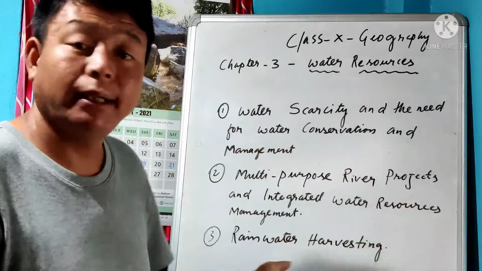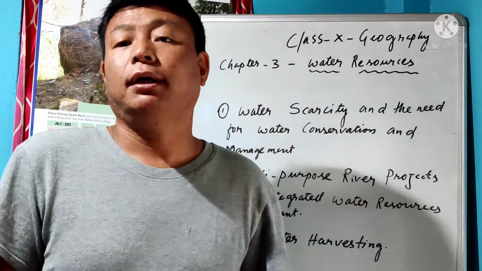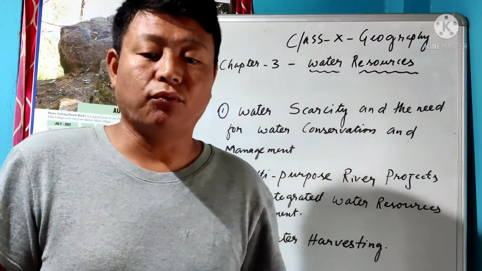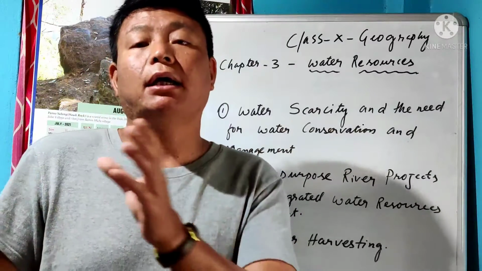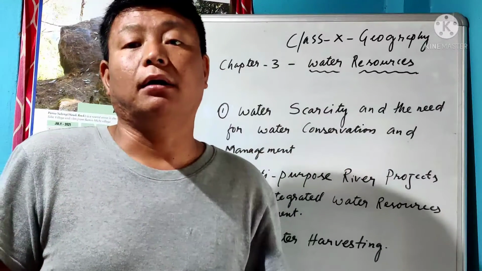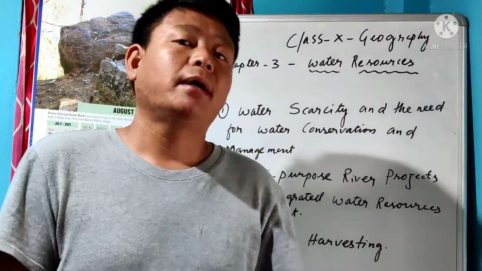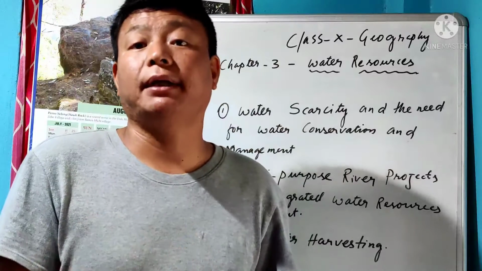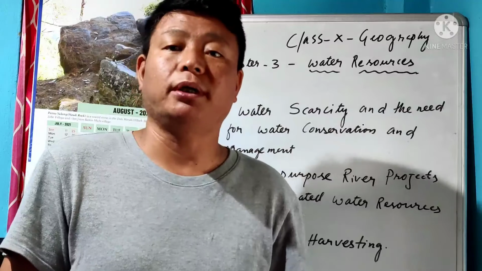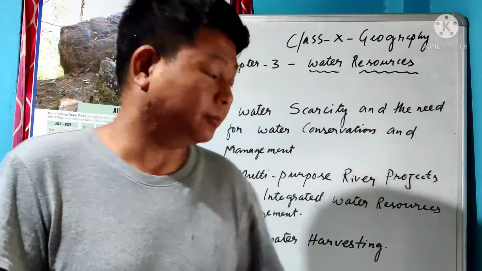And the last topic for today, it will be the last because this chapter is very short, but inside there many things are written, especially how people go for collecting water, covering a distance of 5 kilometers, 6 kilometers, 10 kilometers for drinking water, because nearby the area water is not available, and whatever water is there is contaminated by animals or by the throwing of waste by man. All those things are given there, but there are a few important points which you need to know and which I have to tell you.